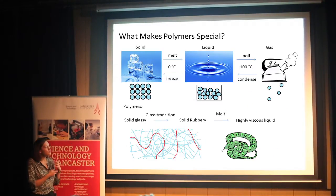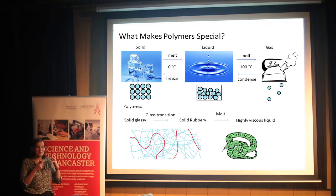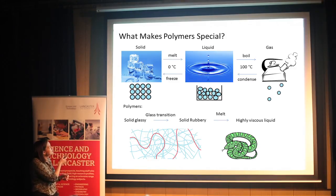So what is it that makes polymers special? What property is it that makes them flexible, that makes them elastic? To think about this question, we need to think about states of matter a bit. So first of all, let's just think about